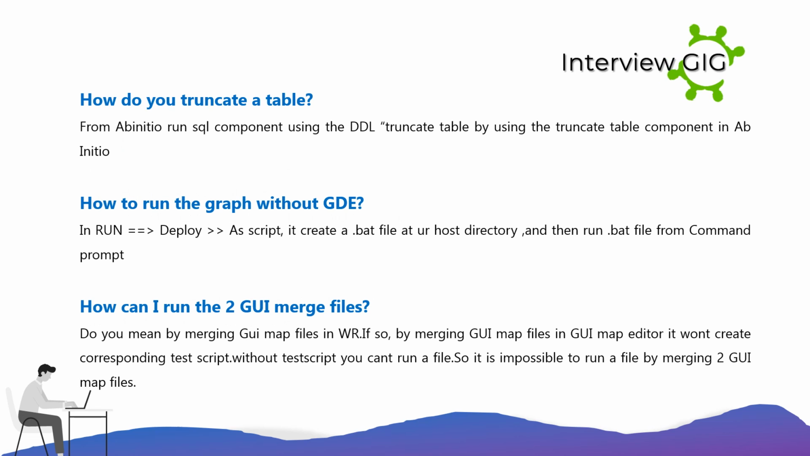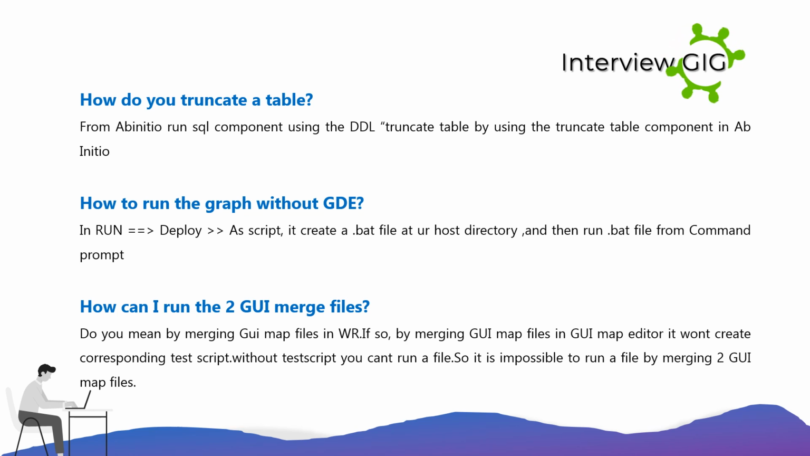How do you truncate a table? From Ab Initio, run the SQL component using the DDL truncate table, or by using the truncate table component in Ab Initio. How to run the graph without GDE? In run, deploy a script; it creates a bat file at our host directory, and then run the bat file